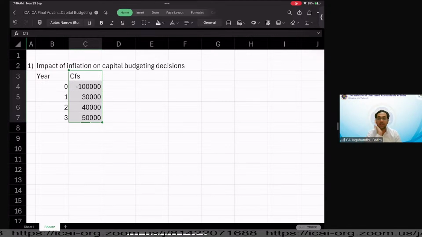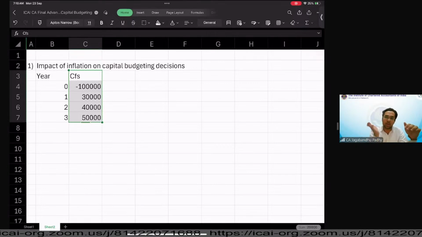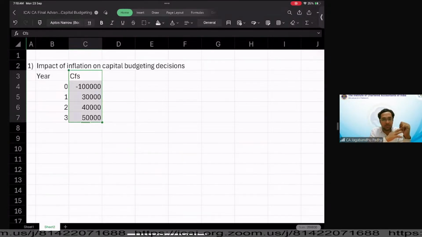Okay, so that's the first part of our discussion. So we are going to bring in inflation. We are going to learn something called as nominal cash flow and nominal rate. We are going to learn something called as real cash flow and real rate of discount. Okay. So that is something which we are really going to focus on. That's something which we are really going to look at. How do we involve those things into our decision making,